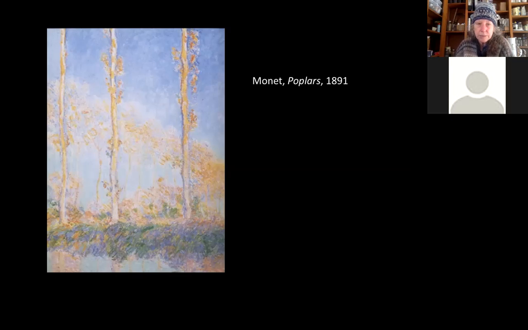In this case, the poplars line this canal or this river or whatever, and the line starts here, and then it curves around, and you can see this canopy of gold leaves that follows the canal, disappearing into the background.